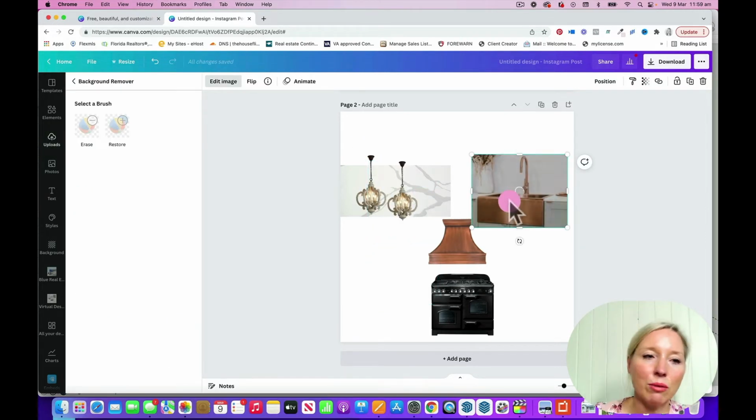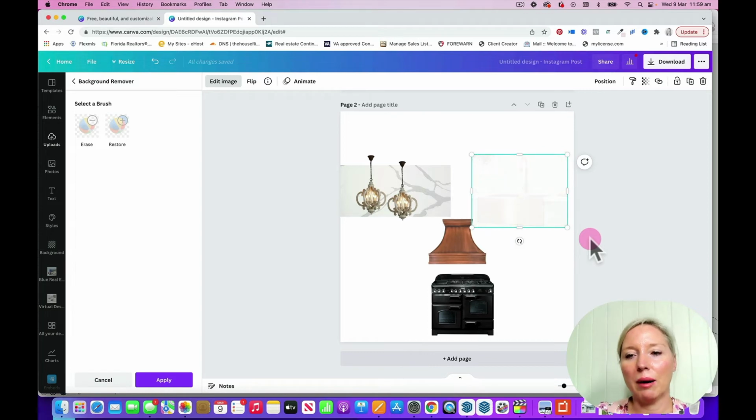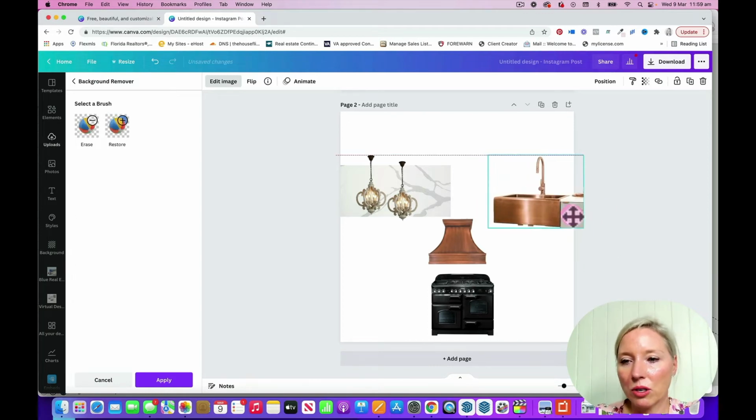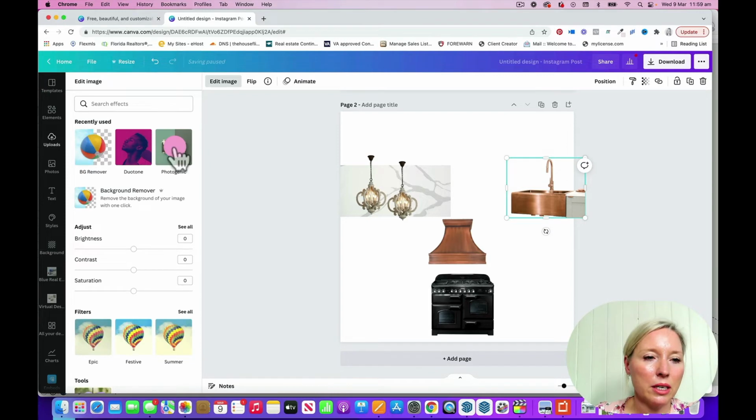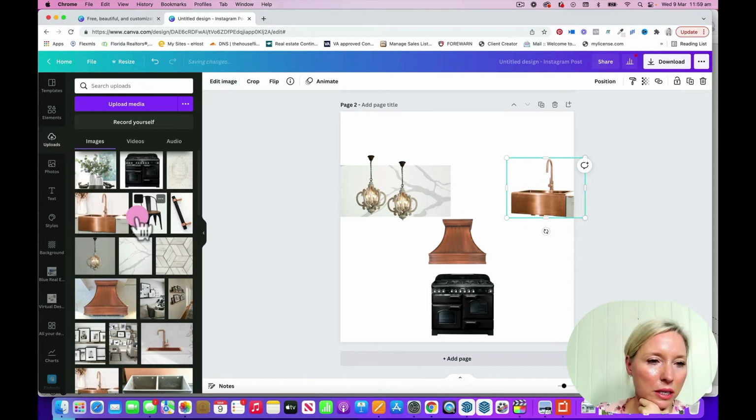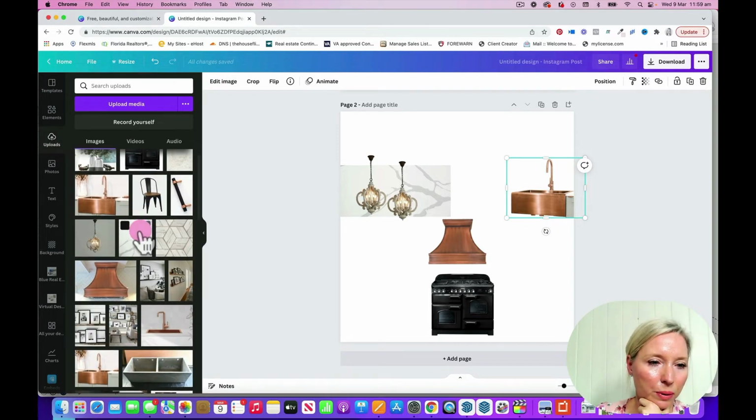So as you can see, this is just a matter of playing around. As the pieces come onto the page, you can start to see, okay, I don't like the look of that, I like the look of this, all of those sorts of things. So I'm just going to move that out like that, and I'm going to make that a little bit smaller. And then I'm going to go back to my uploads, and I'm going to bring in